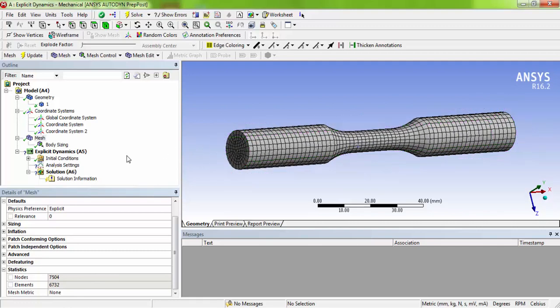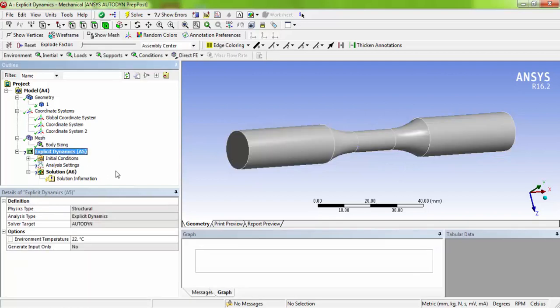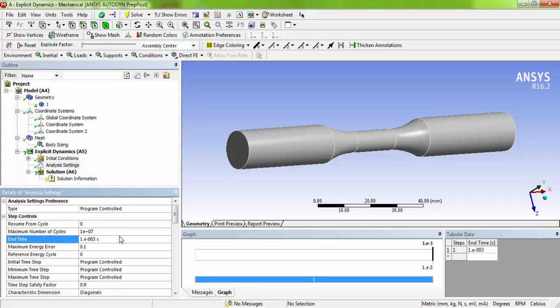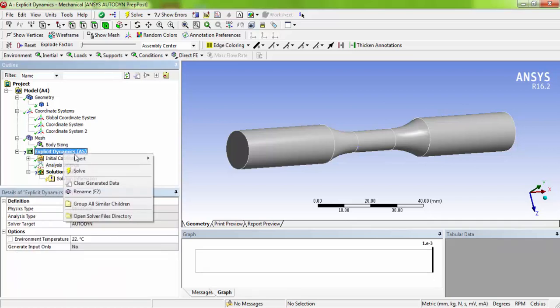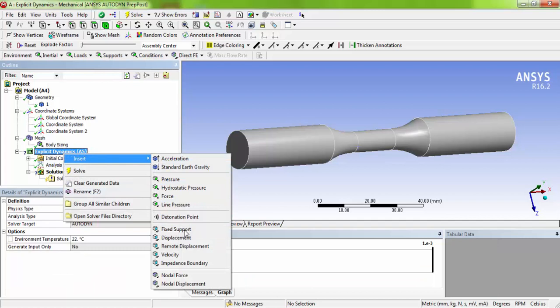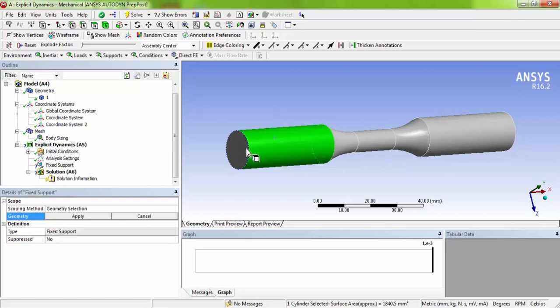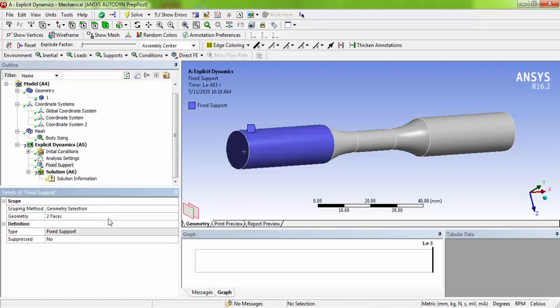Now we have to define the explicit dynamic analysis. Go with analysis settings, define only the end time, that is 0.001 second, and right click insert fixed support and select these two faces as fixed faces.